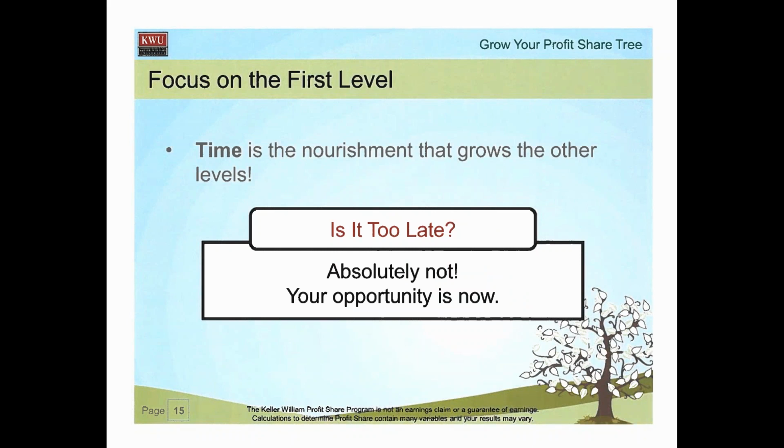And of course, it's never too late to start. A lot of people will say, well, the people that started the company are the ones who are going to benefit the most. But that's not the case. I mean, we plan to grow. We're at 145 agents. We plan to grow to 175 by the end of this year. So they've got to come from somewhere.